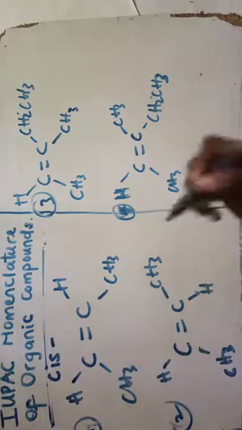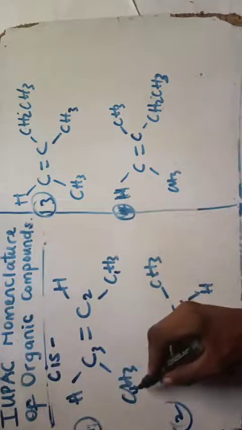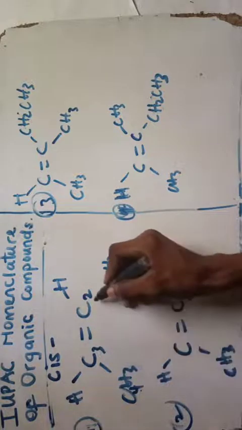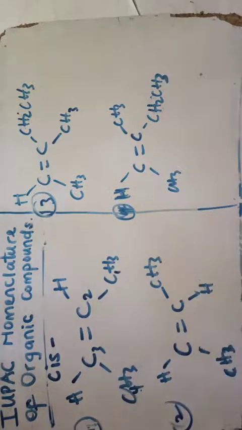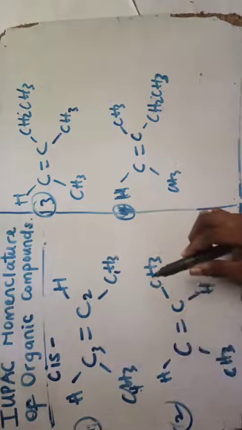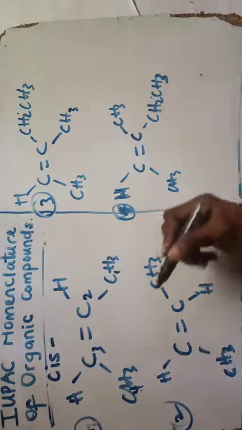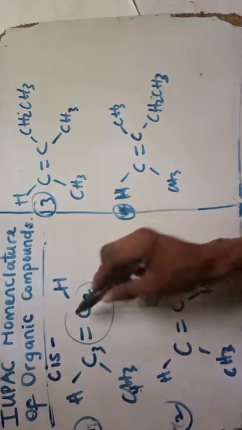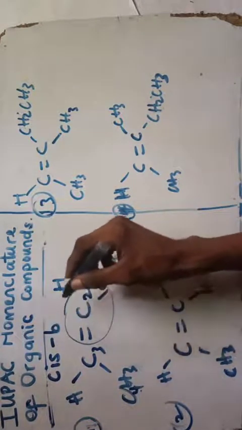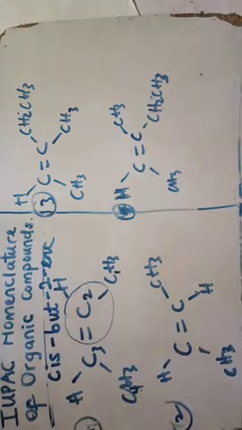Not branch. So if I will name 1, 2, 3, 4, either way, if I name 1, this is 2, it's telling me this is 2 here. If I name 1, 2, 3, 4, I must make my 2 here, okay? So 1, 2, 3, 4, I'm having the butane, which is 4 carbons, right? And the ene is what is here, the number 2, okay? So that'll be cis-but-2-ene.